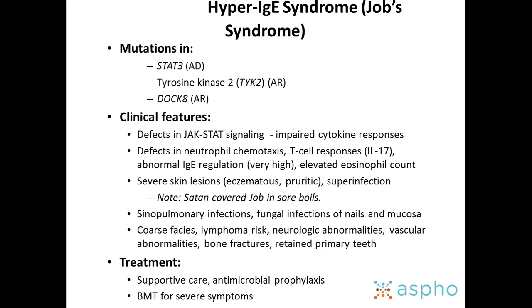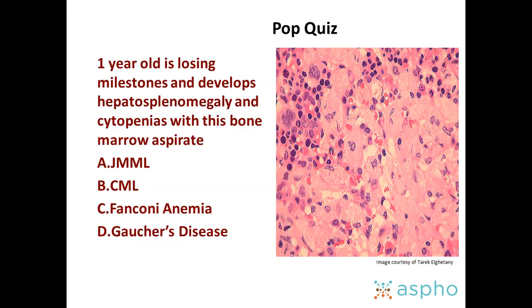So anyway, sinopulmonary infections. But the thing that you'll get on this is they have very characteristic broad nose, right? So if you've got a broad nose and if you retain your primary teeth, that's very characteristic of this syndrome. So if you've never seen a Job syndrome patient in real life, Google one because it's a very characteristic appearance and it's very testable. Again, I'm sounding, I guess, a little not compassionate, but everything today is about the test. We'll deal with patients in another class. Okay.